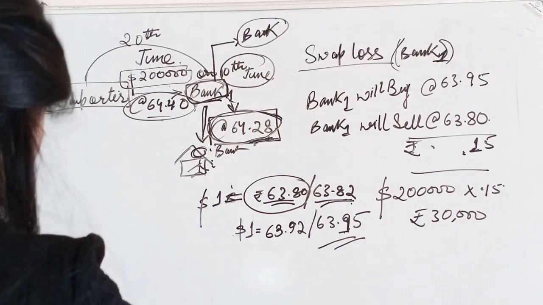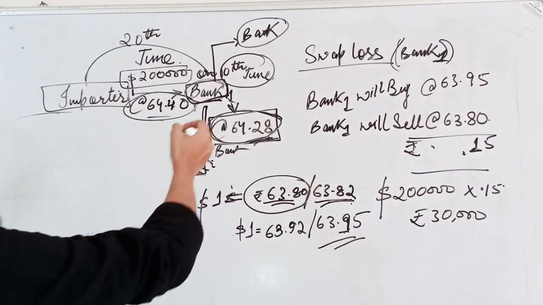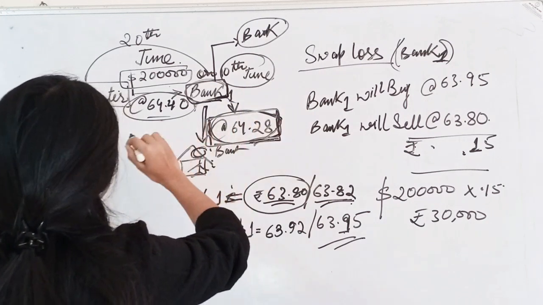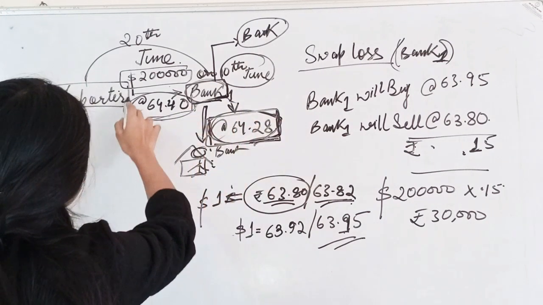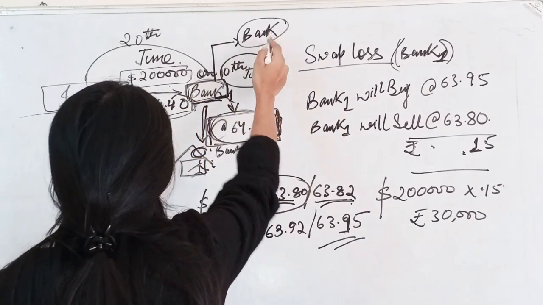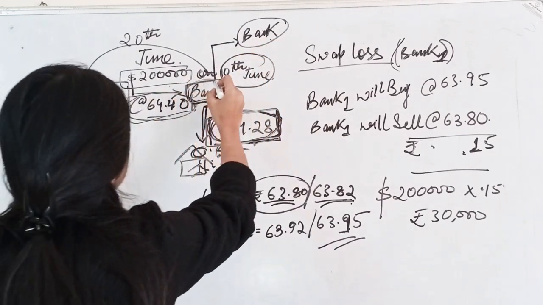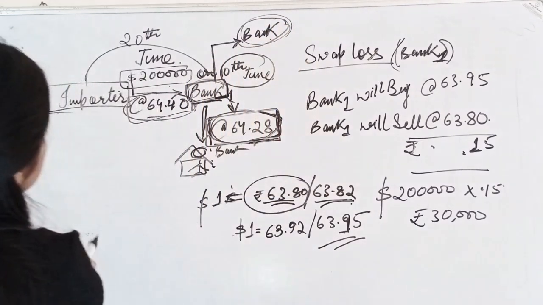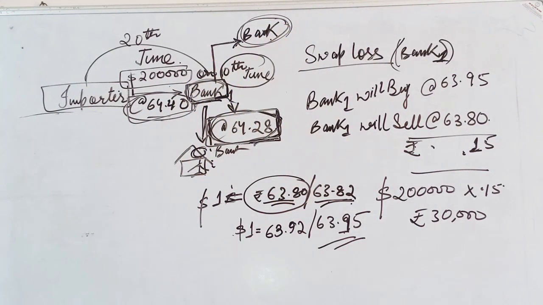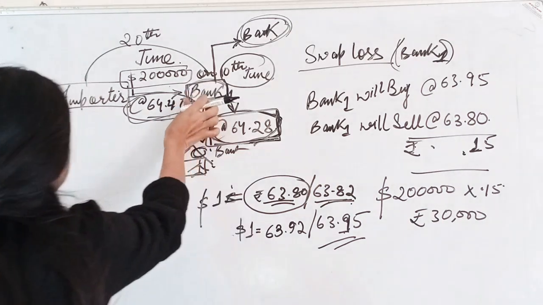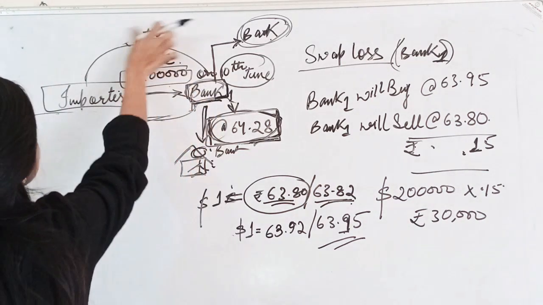But now, when this bank wants 64.28 and it thought of selling it at 64.45, bank 1 thought of returning the fund to this bank. So at first, when this bank contracted with this bank, it was going to give interest free funds to bank 1. Okay, interest free fund for bank 1. But when this contract didn't happen on 10th of June,